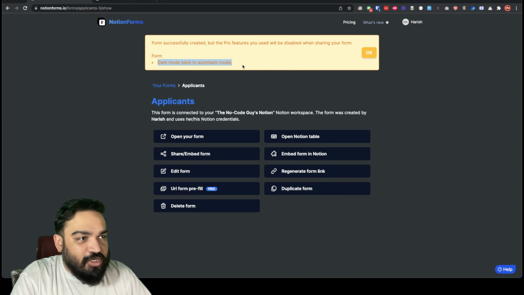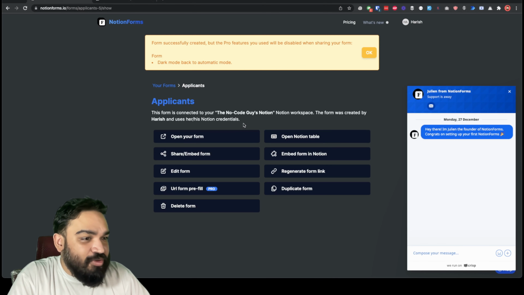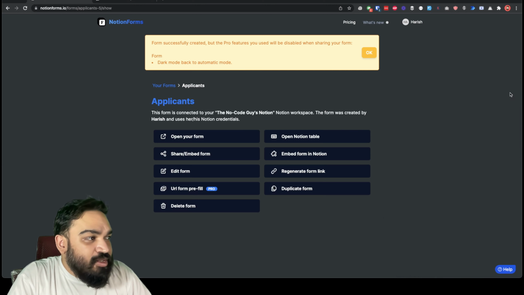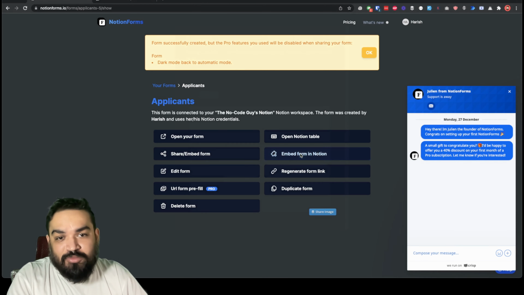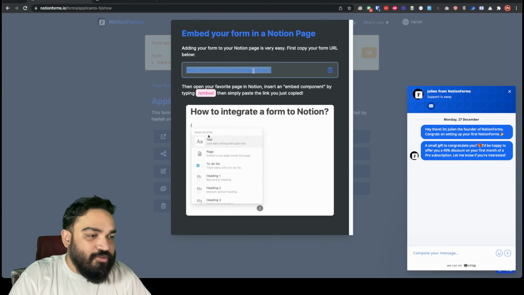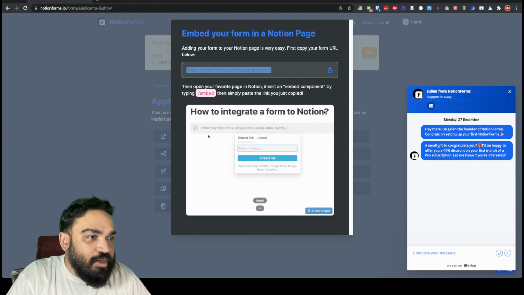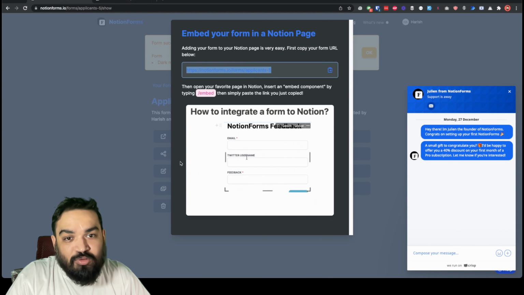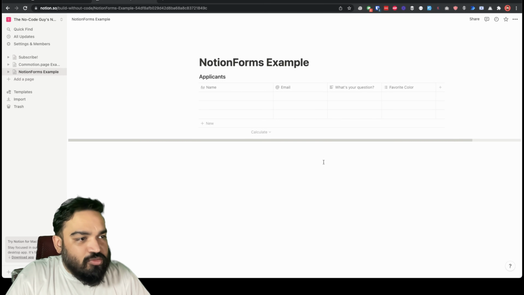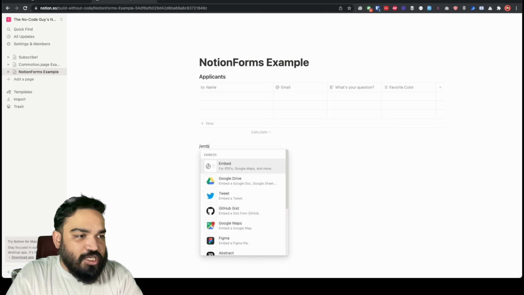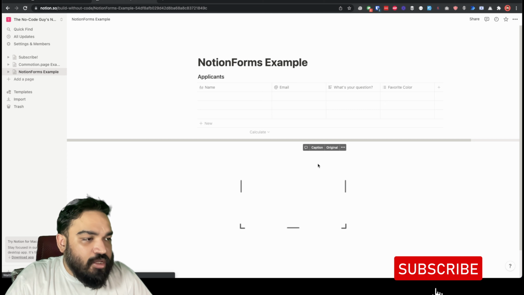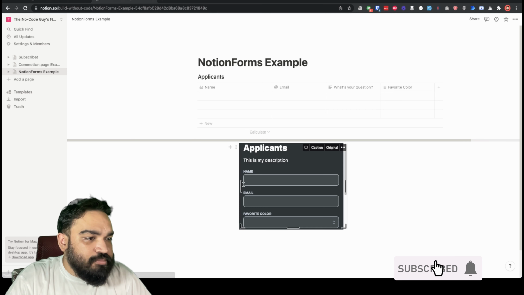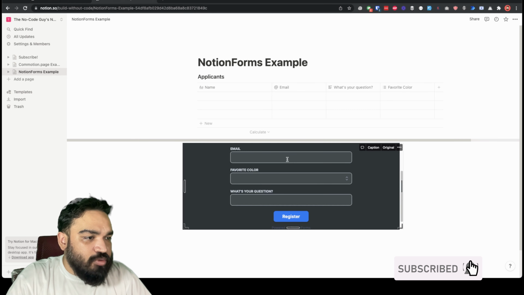Right, so the dark mode option is a pro feature, so we won't be able to have access to that. But let's see how to embed. As you can see, you can click the link and get the form link that you can embed into Notion itself, right? They also have a quick way to show how to do this. I'm just going to go back to my Notion and do /embed and then paste the link here, and this should show the form ideally. Right, we have the form right here. Let's quickly fill this up.